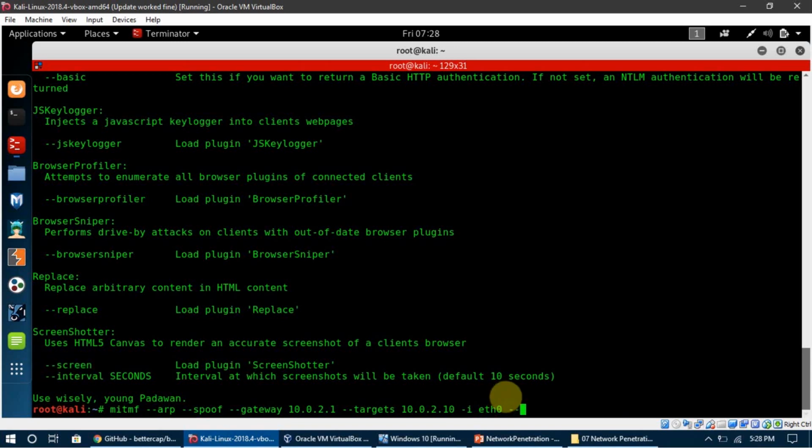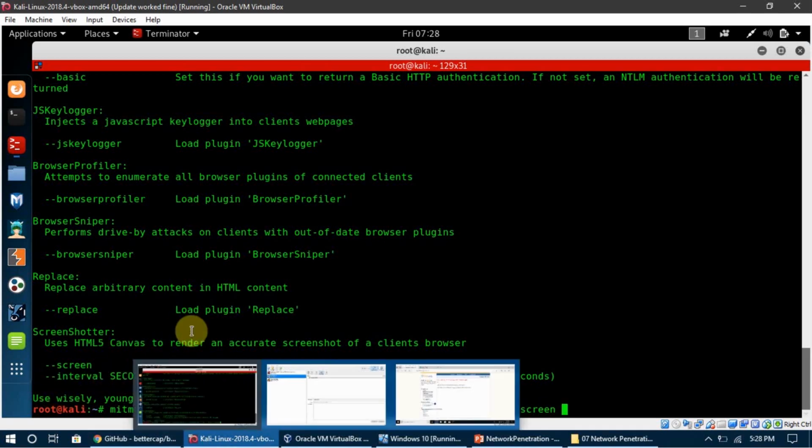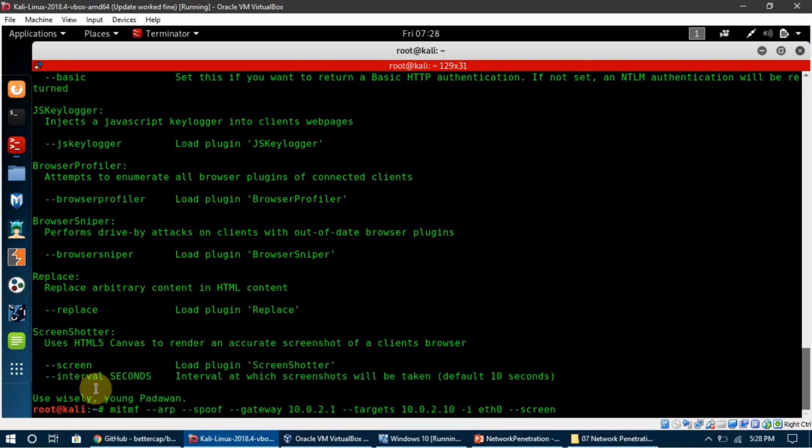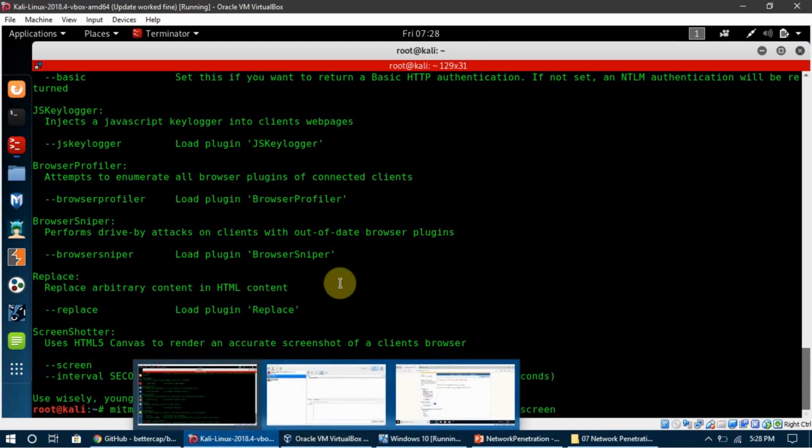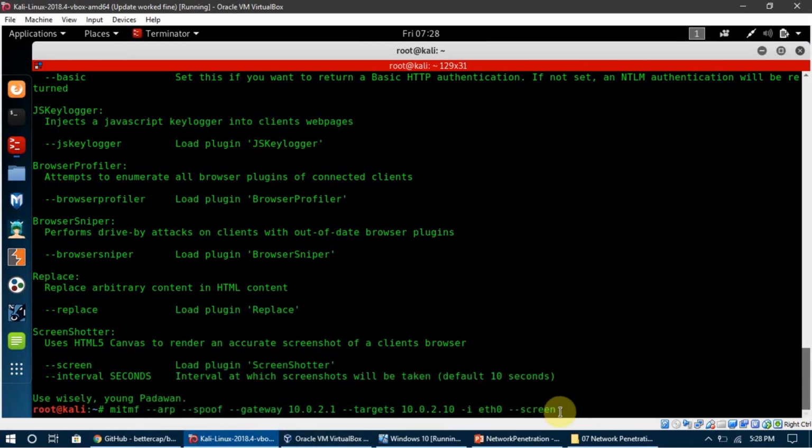I can say double dash screen, and in here I can type after how many seconds I want it to capture the screenshots, so I can say 10 seconds, 5 seconds, or 4 seconds. It totally depends upon me. We are not going to look into that because you can do that by yourself. It is very easy. For now, I'm going to show you double dash JS keylogger.